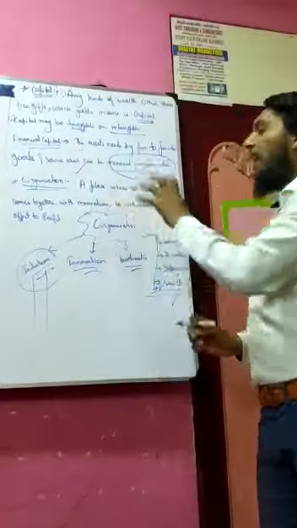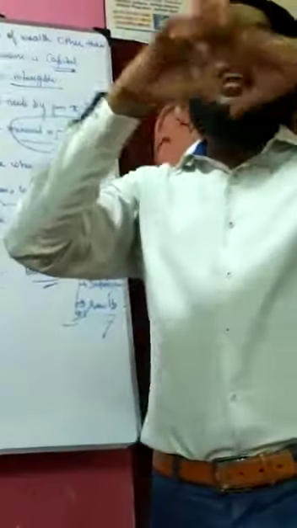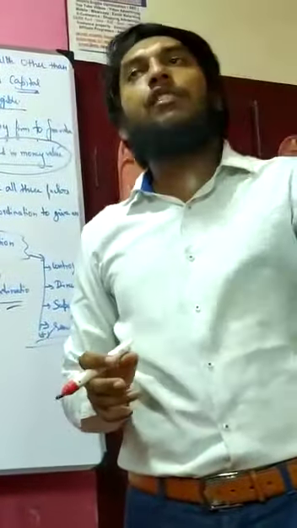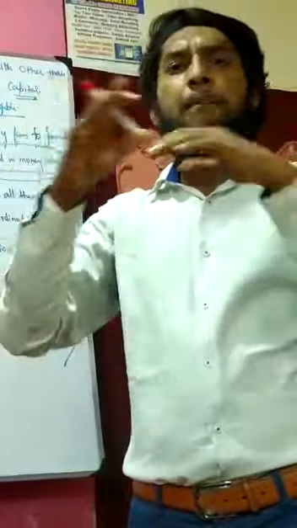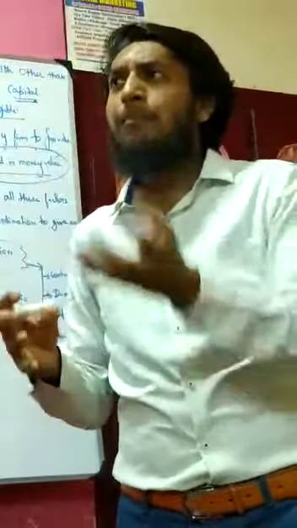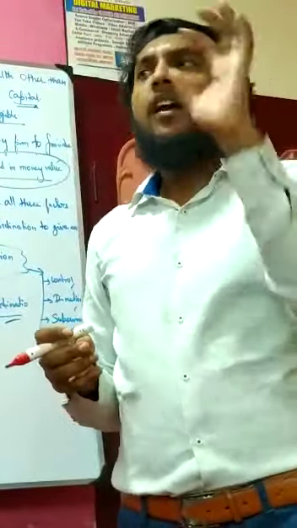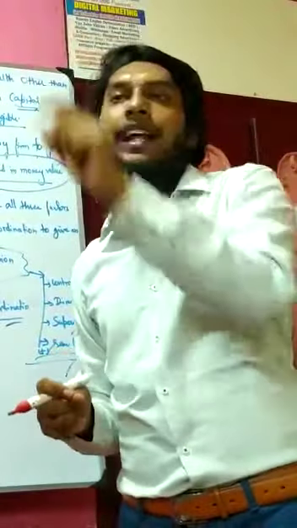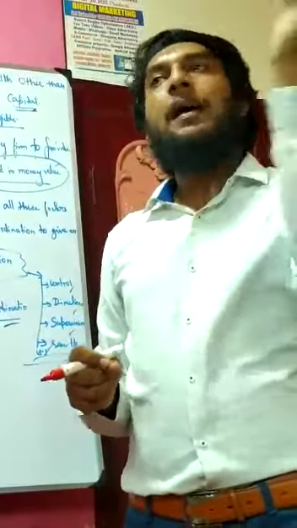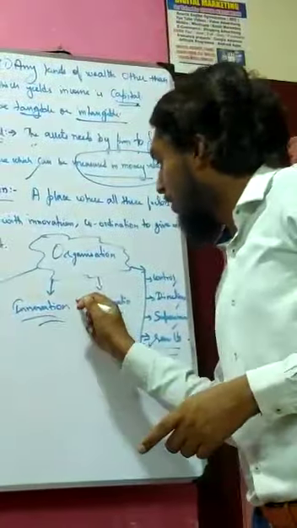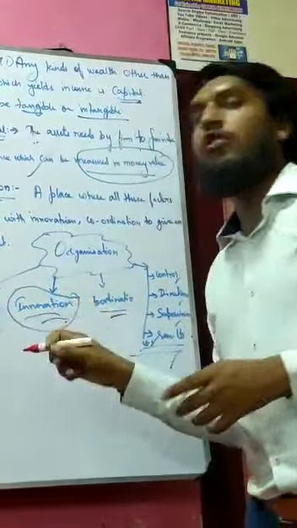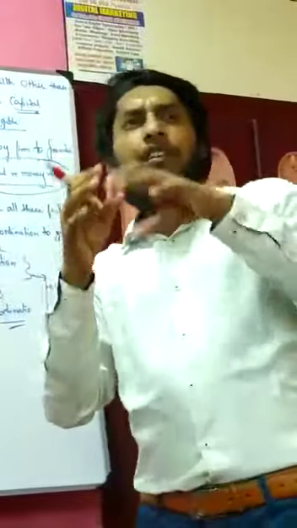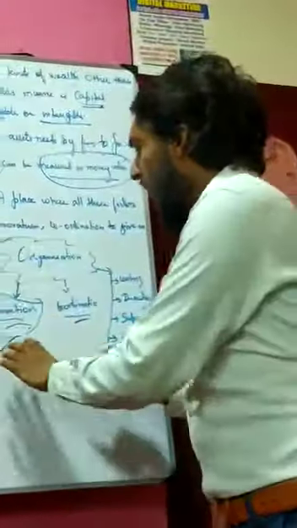After that, we'll go for innovation. There are many organizations. If you take a cell phone business, there are many companies. Why will people come to you? When your product is better than others, then only people will come. So innovation should be there. Some different thinking should be there. So innovation is the next one.